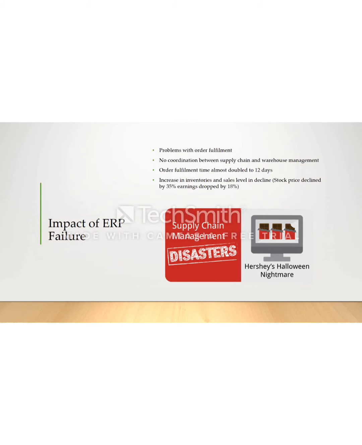What were the impacts of this ERP failure? Problems pertaining to order fulfillment, processing, and shipping started to arise. Hershey's was not able to meet its committed delivery dates. Several of the Hershey's distributors who had ordered the products could not supply them to the retailers in time and hence lost credibility in the market. After Hershey's announcement to the market about problems due to malfunctioning of the newly installed computer systems, Hershey's stock price plunged by 8% on a single day. And as we can see here, stock prices declined by almost 35% and earnings dropped by 18%.